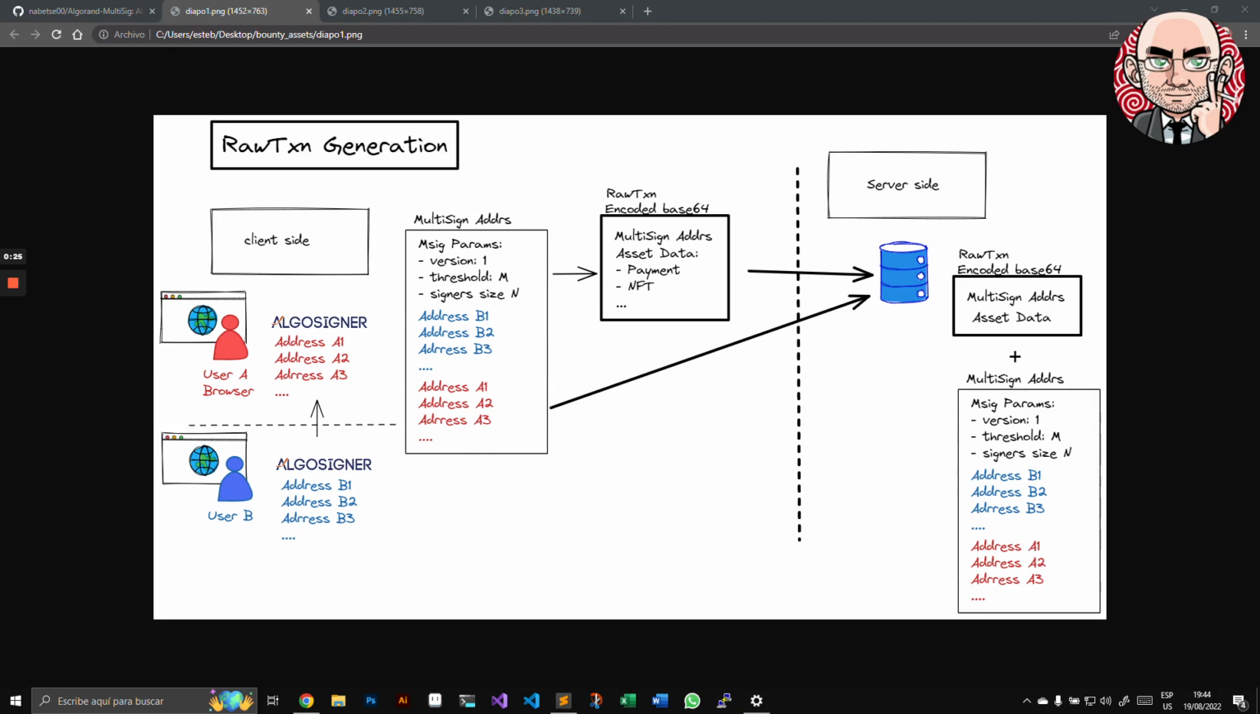These addresses are put together in a multi-sign address, which requires MSIG parameters, which consist of a version, a threshold, and a signer size. The threshold is the M of n. This means that with M signatures from these n addresses, the transaction is valid and will be broadcasted to the blockchain. Then with this multi-sign address, user A or B, let's say user A, generates a raw transaction of an